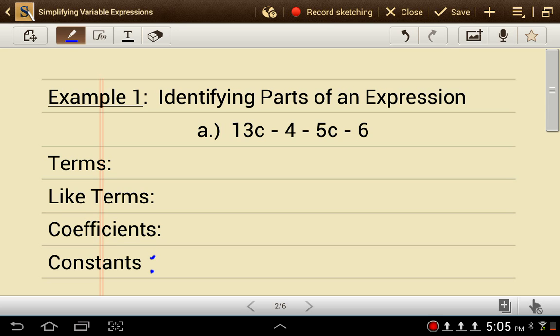So I've given you an expression. First thing I want to talk about is we're going to be using the commutative and the associative property a lot. And if you remember, we discussed that those only work for addition and multiplication. Well, I'm not worried about multiplication right now. I'm just worried about addition. So since I have subtraction in here, I'm going to want to turn those all to addition problems. So plus -4, plus -5c, and plus -6. You want to make sure that they are